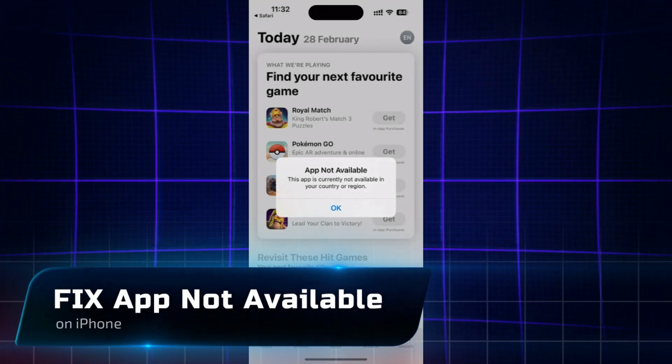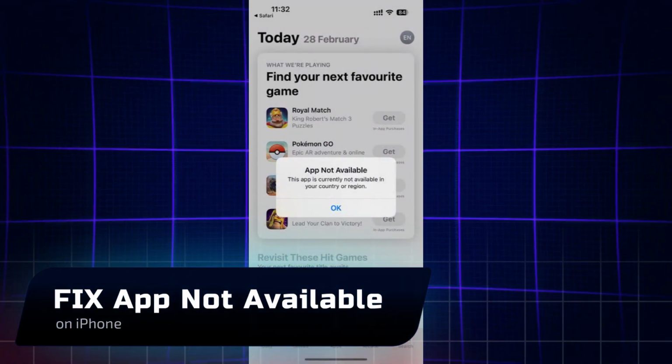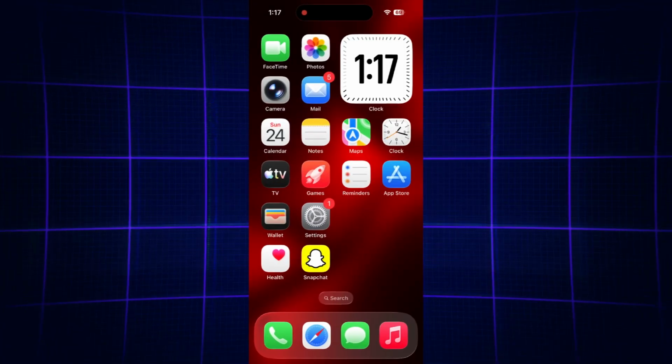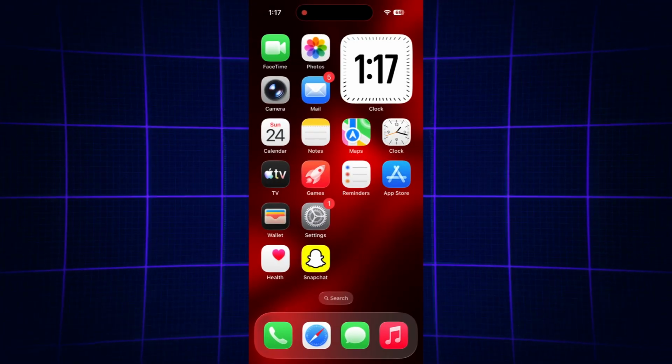How to fix the app not available on iPhone. This usually happens when the app is not available in your region or country. Don't worry, it's super easy to fix. First method, open Settings,